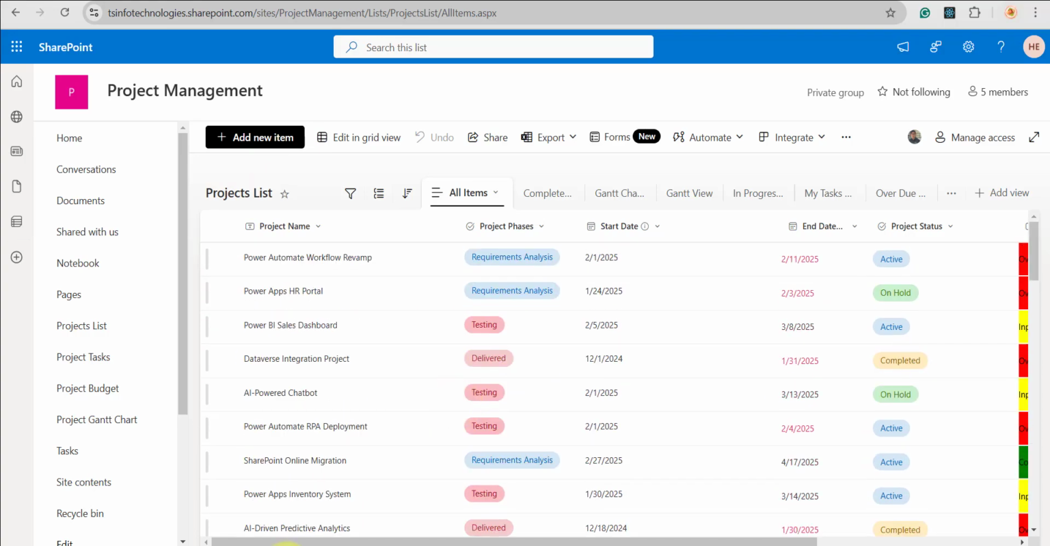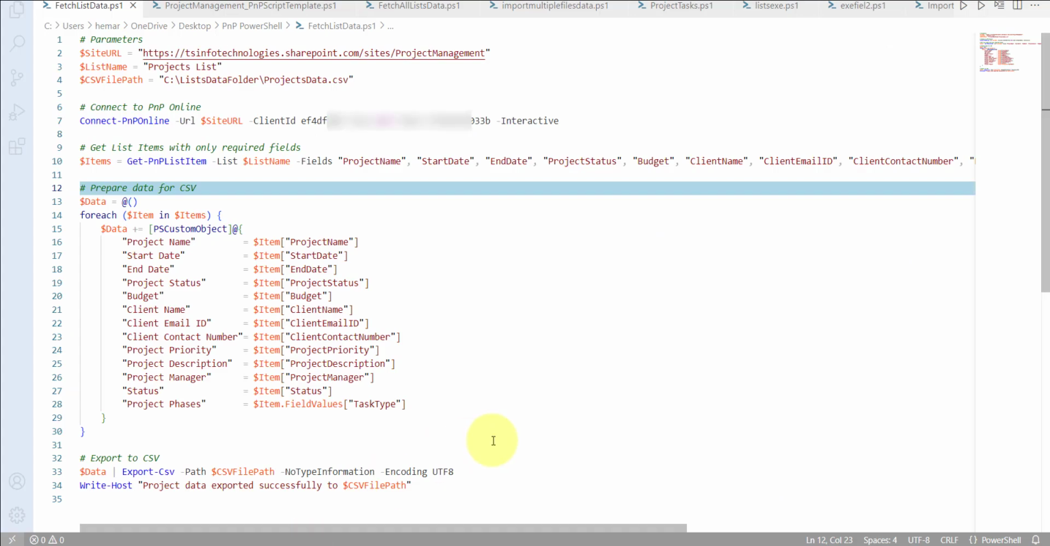Now, to run the PowerShell script, I am using Visual Studio Code. You can also use the Windows PowerShell ISE or any other platform. So here I already created the script. Now let me explain one by one what the script is doing. Our requirement is we need to fetch the data from the SharePoint list and we need to store it into an